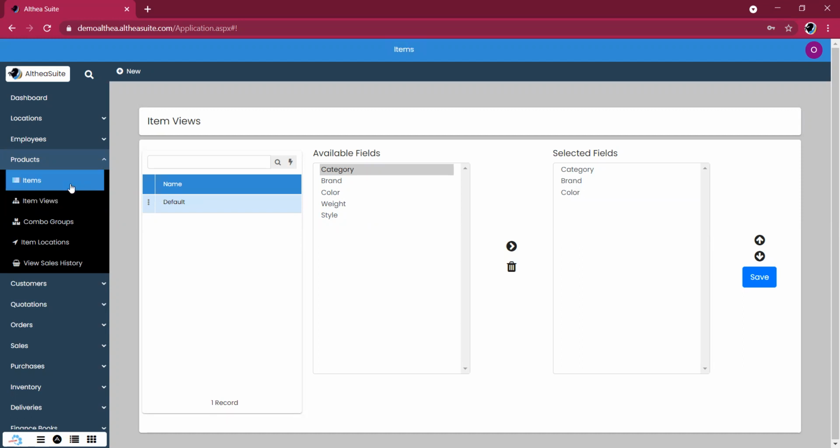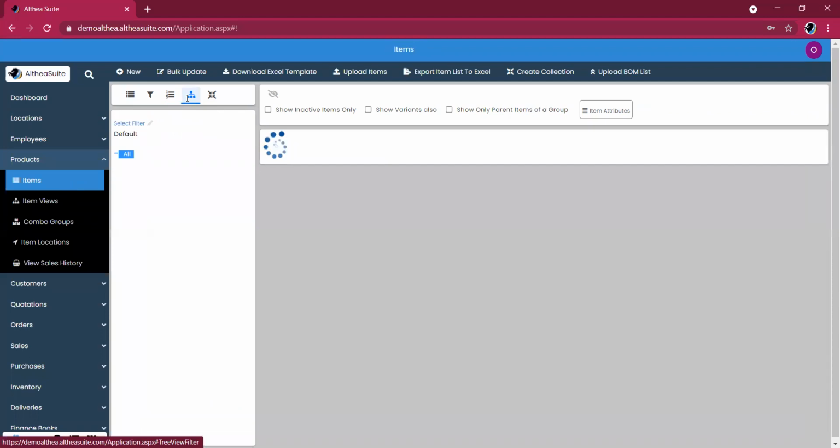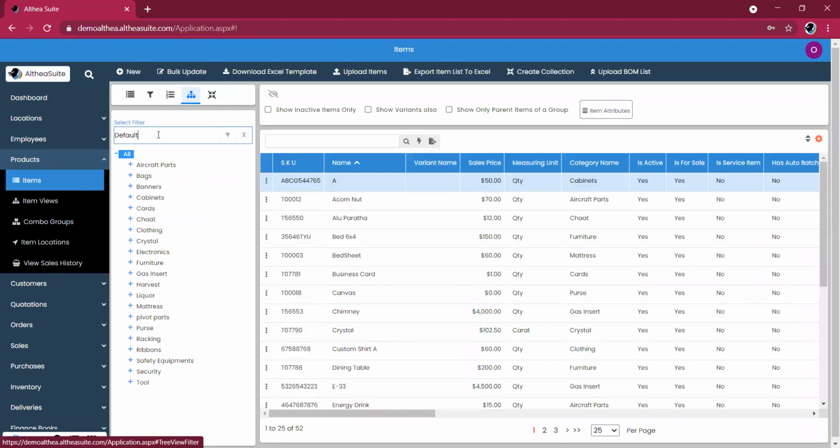Once this information is saved, you can head back to items again, and we can now head back to the view, the fourth filter here, which is the category tree filter. Here, you will be able to look at all the available views that you have created. When you click on the down arrow, like we see there's a default filter which we just created. And similarly, if you have other views and filters, you can add them and select what filter you want to actually apply at the time of selection.